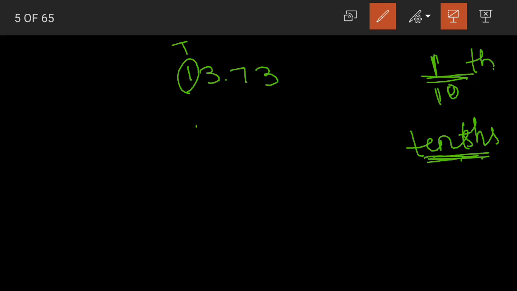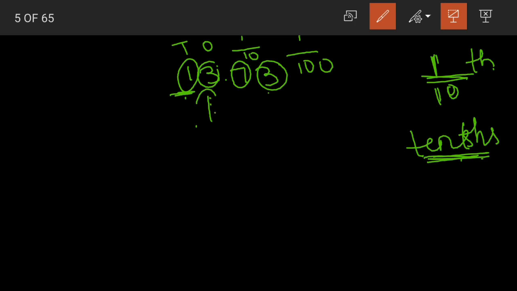If you look at the place values of the given decimal number, 7 is in 1/10 place, 3 is in 1/100th place, again this 3 is in 1's place. These are the place values of the given decimal number. If you recall, how do we round off a given number to the nearest 10? We look at the digit in the 1's place, and if it is less than 5, then we round down, and if it is greater than 5, we round up.